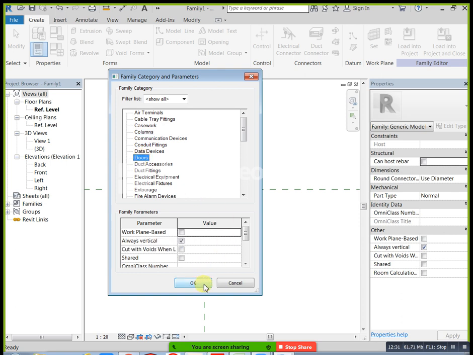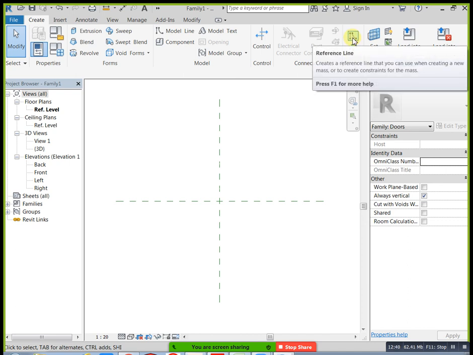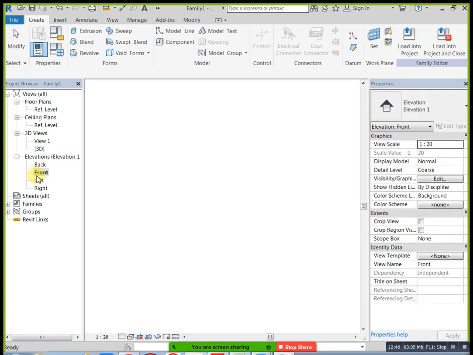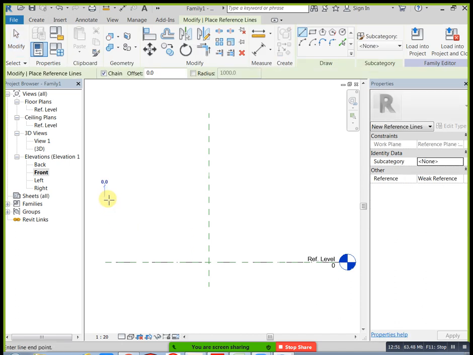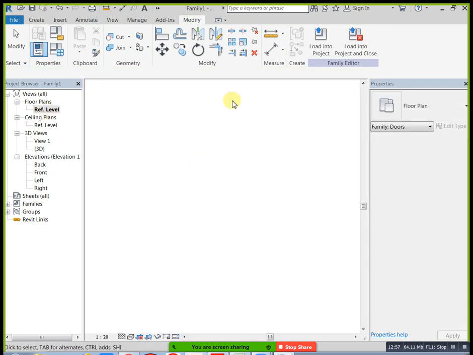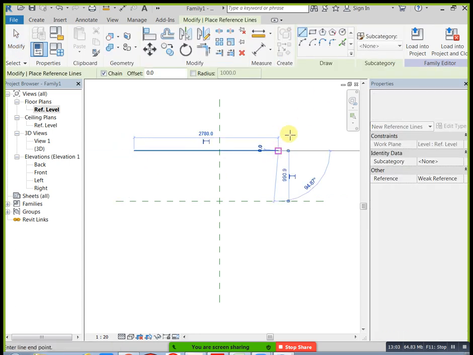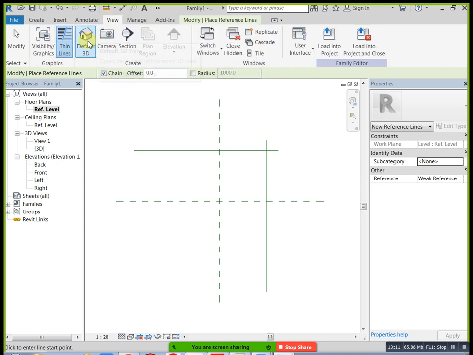Next, see here, we have datum, and the reference line, both are there: reference plane and reference line. Just go to front view. In this front view we have reference line, and you can draw directly like this. If you need to cancel the reference line, go to the reference level. A reference line is only for indication. If you need it you can use it, for example as any dimension reference or normal reference. In 3D the condition is also visible. But for reference planes, the 3D condition is not visible.